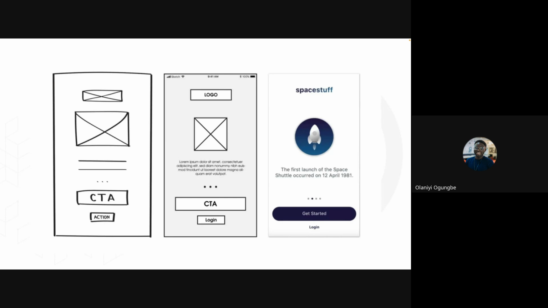And if you feel like you've gotten every single interaction, every single screen, every single page down with your low fidelity, and you are very confident in yourself that we have spent so much time on the low fidelity, you can just move from low fidelity to high fidelity straight up. Like I said, it's a thing of preference.